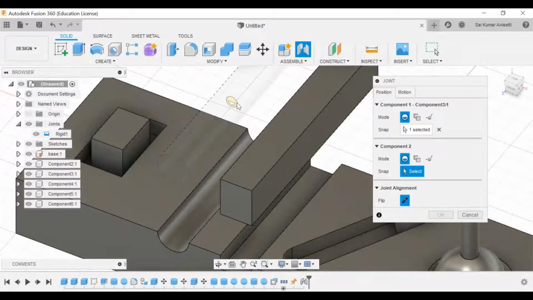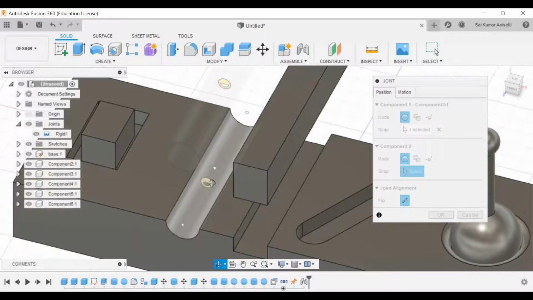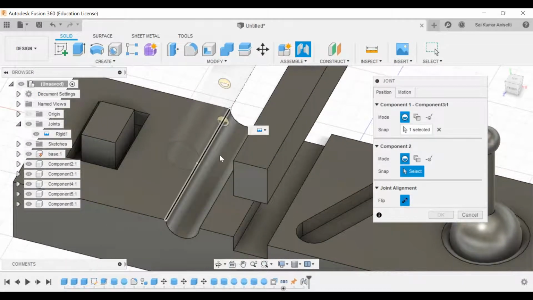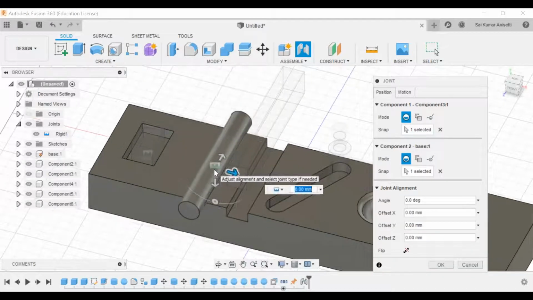It has automatically, see, this is my snap point now. Now over here, let me rotate. Generally the center point should be matching with your center point, or else you can go with your edges also. That is up to you how you create it. Click this.